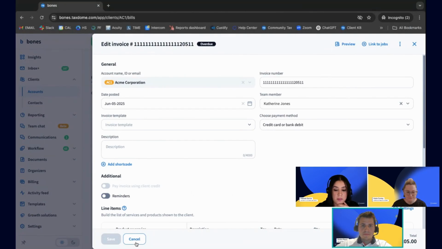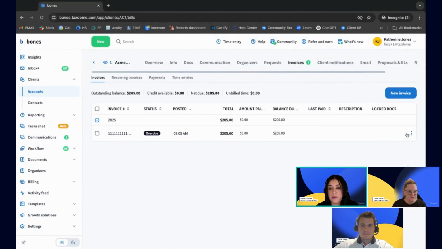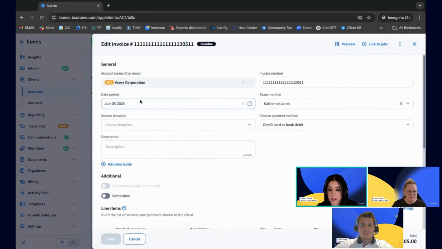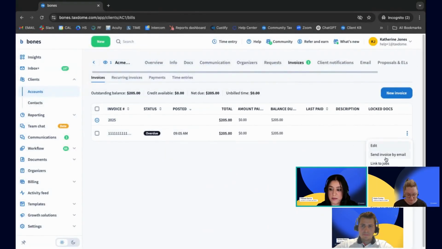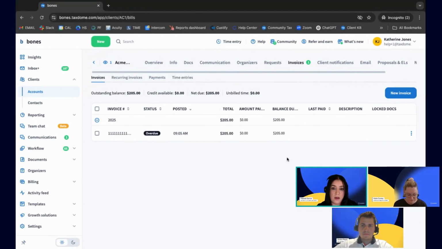That's right. Thank you. And this is what we mean, right? Once it's issued and it's unpaid, if you click on edit, you can modify this as you need, and then resend it, right? Send an email again with the invoice that has been modified. And then the rest of the remaining will still send out normally, but maybe it was just this one invoice that needed to be modified. So feel free to edit individual invoices that are issued,